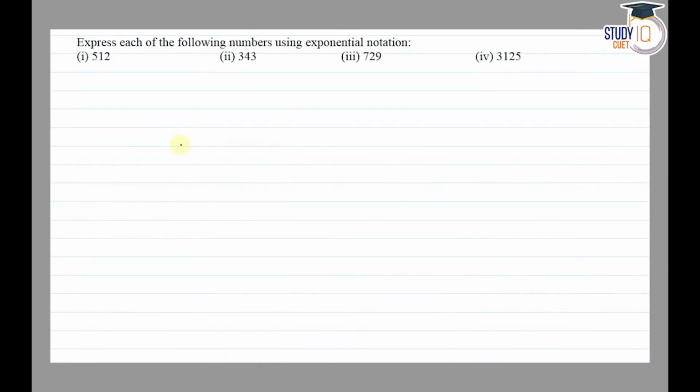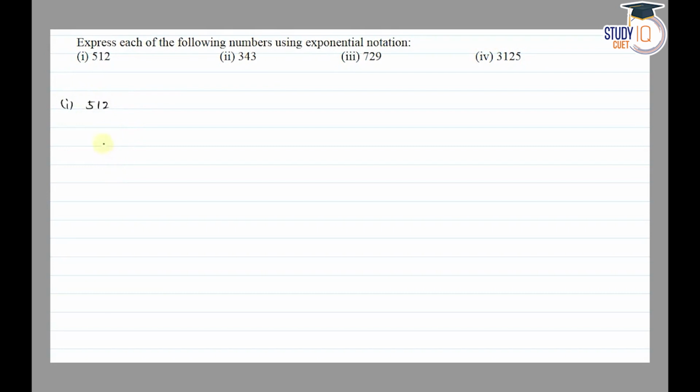Hello everyone. This question appears in class 7th NCERT chapter of Exponent and Powers. This is third question of its exercise 13.1. So the question says that express each of the following numbers using exponential notation. So question number 1 is